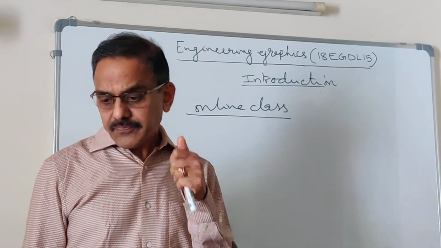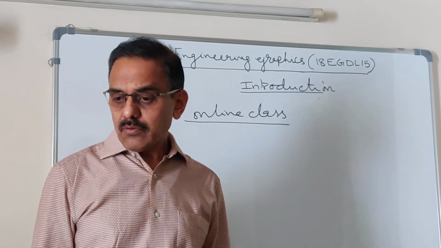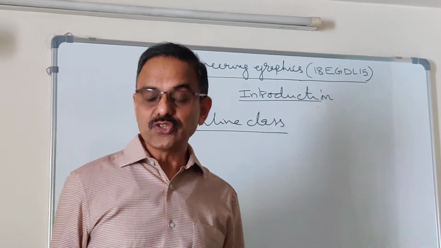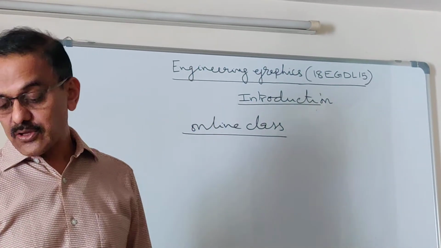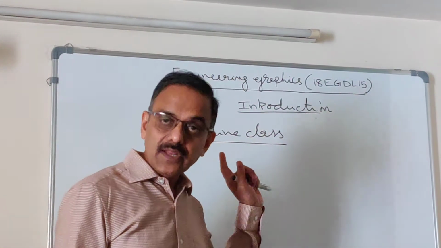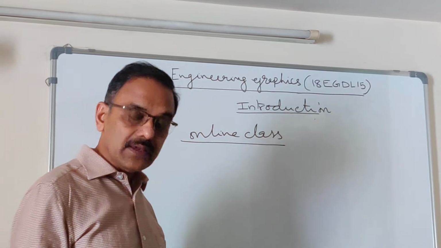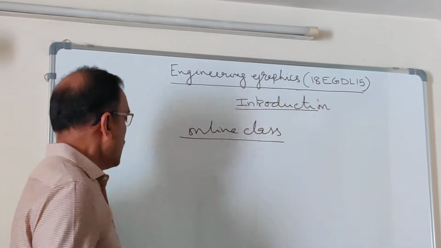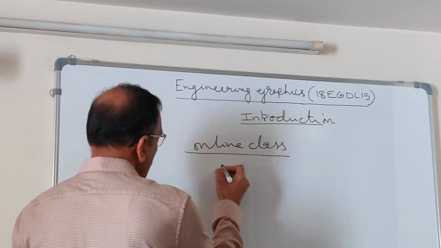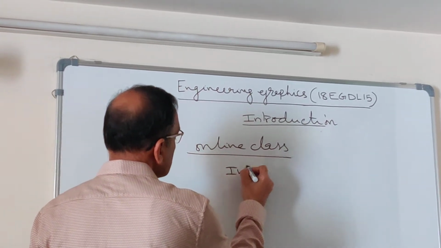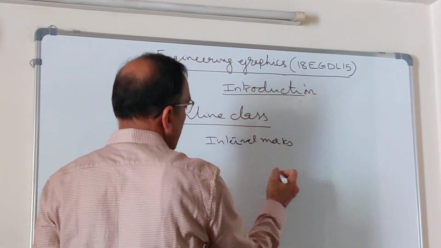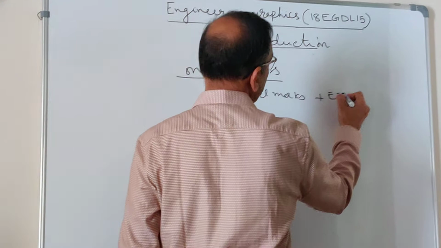Now here, let me tell you how we do the internal evaluation and how the external evaluation takes place. What do you mean by internal evaluation? If you take this subject, for example, any subject for your scheme, you have got what are called internal marks and then external marks.